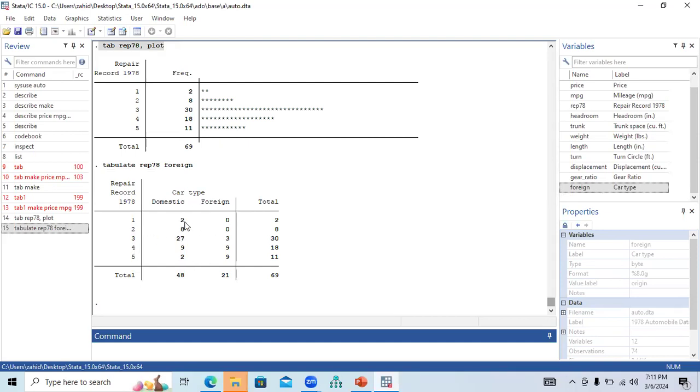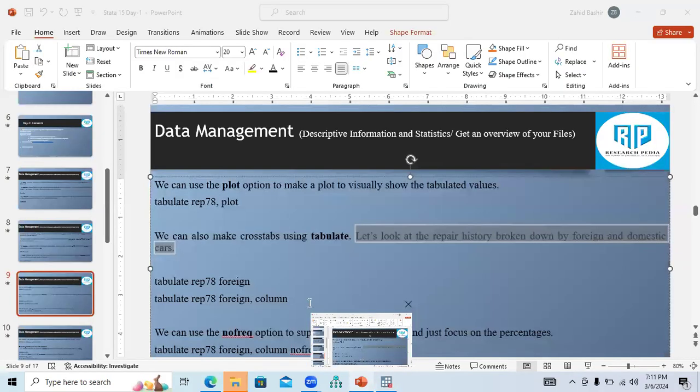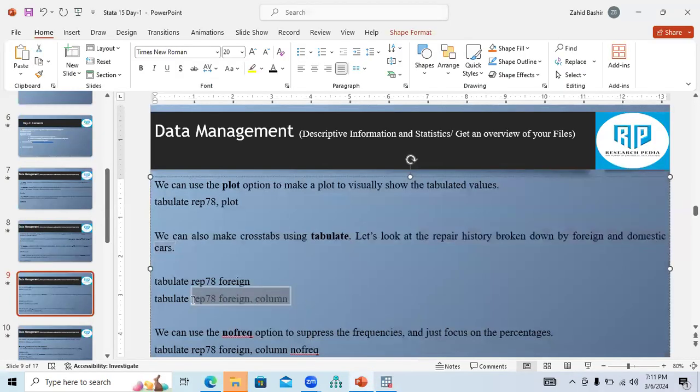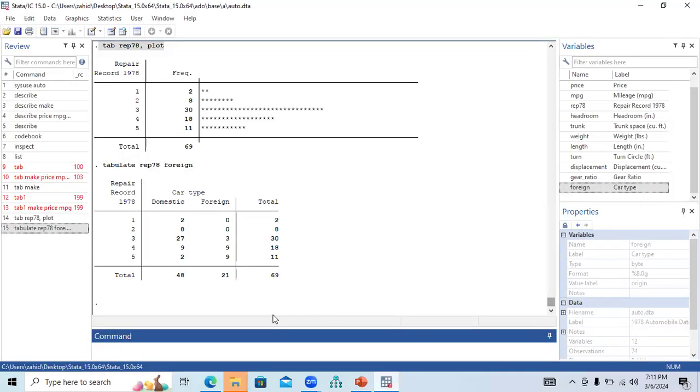So with domestic type, two cars were repaired and there are no foreign cars repaired. So this is the total. Eight domestic cars were repaired and no foreign cars repaired with the second record. The third record indicates 27 domestic cars were repaired and three foreign cars were repaired and the total is 30 and so on. So what can we do with this combination? We can create a column with this combination, if we would like to see the cross tabulate function in terms of